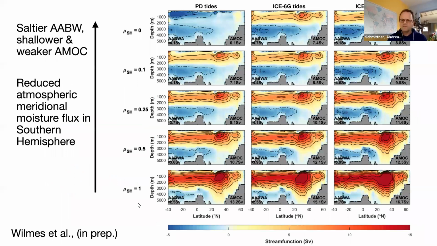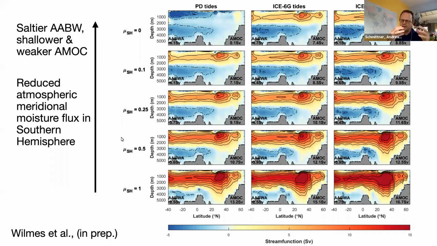So here are the main results from the climate model simulations, and in this matrix, you can see the three columns that represent present day tides on the left, then the ice 6G tides in the center, and the ice 5G tides on the right hand side. And then the different rows are different moisture diffusivity in the southern hemisphere. So we start with a standard model at the bottom, and then when we decrease the moisture diffusion in the southern hemisphere,